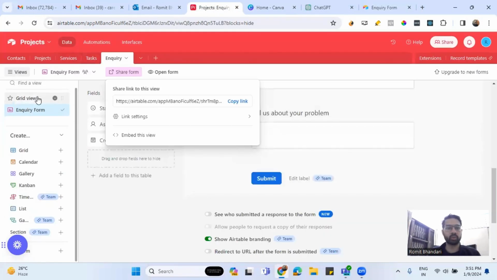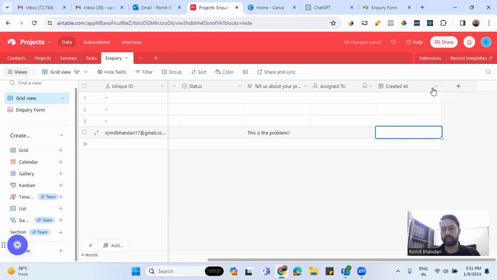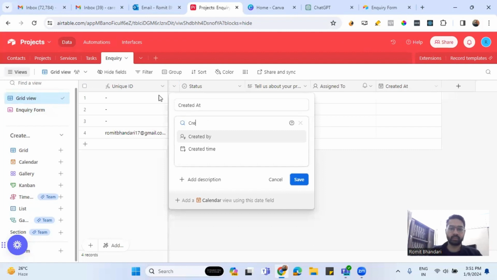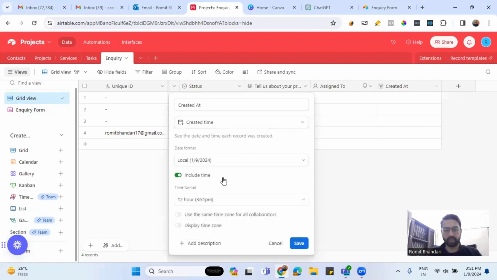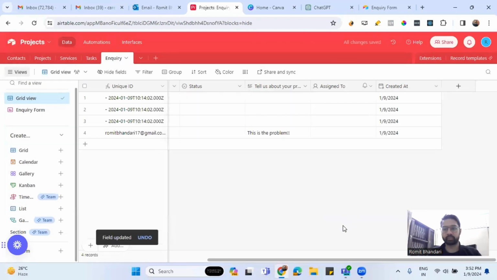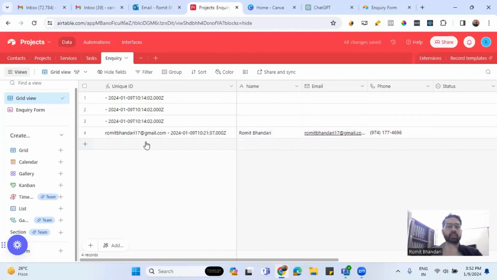Let's quickly go to the inquiry table and see if we got the data. I don't see the created at. Okay, created at. It should be a created time field actually, and we don't want to include the time here. Okay, let me save this. So when I do this, automatically it is adding the email ID and the created date value into the unique ID,